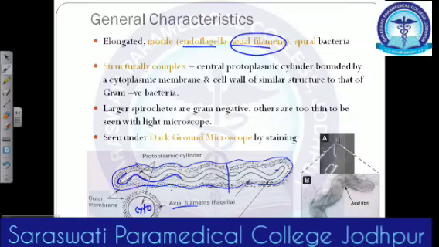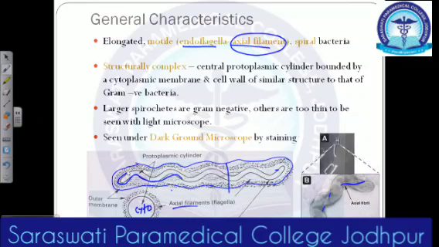If this is the whole body, these are the regions for our flagella. It is coming from this section, for example, and going towards the other terminal of the bacteria, right? That's a kind of uniqueness of the spirochetes. In different types of spirochetes we are going to find this kind of endoflagella or axial filament.